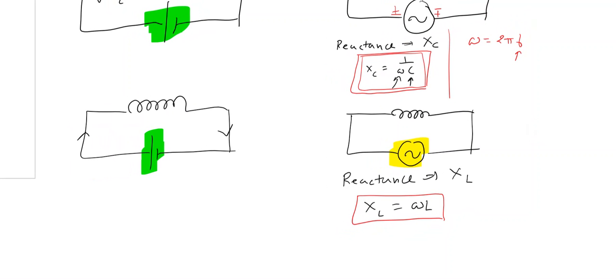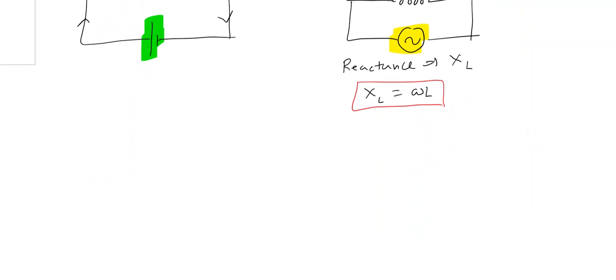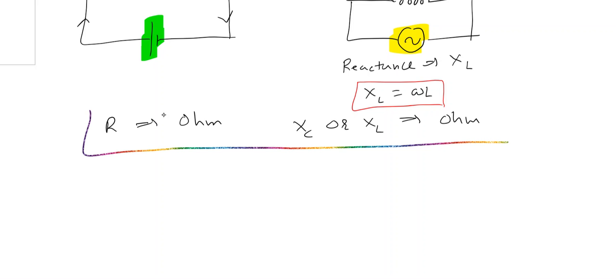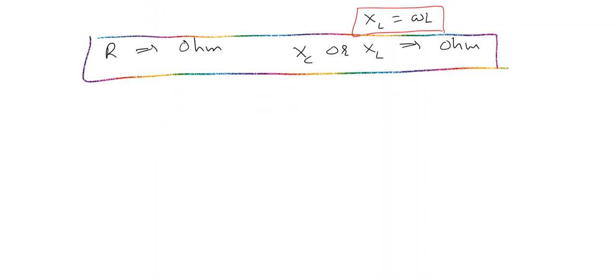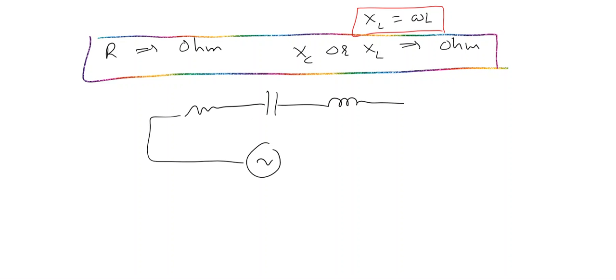But the role of reactance is very similar to that of resistance, and dimensionally also, if you see, the unit of R is ohm, the unit of XL or XC is also ohm. So they are the same dimensionally, and hence suppose you have some circuit where you have a resistor, capacitor and inductor, all three connected with an alternating source,